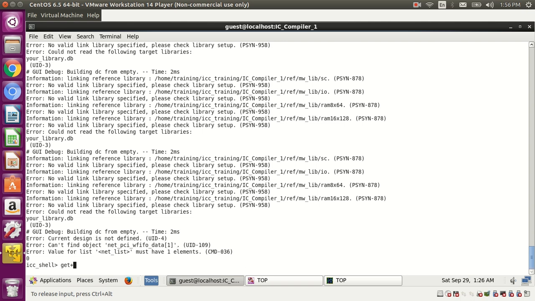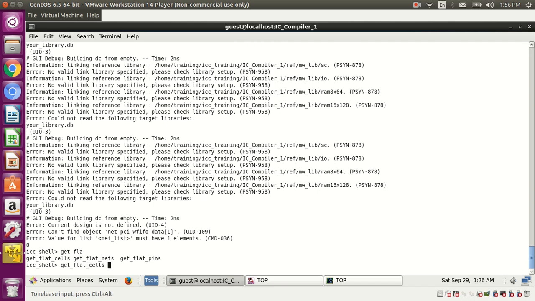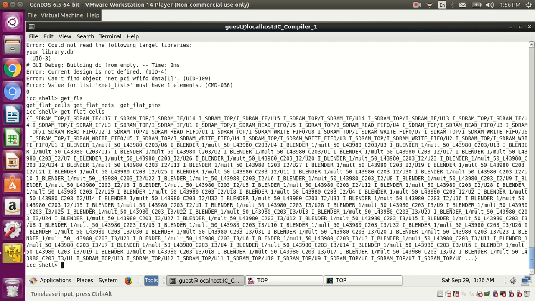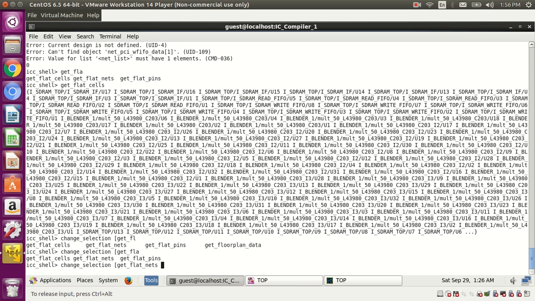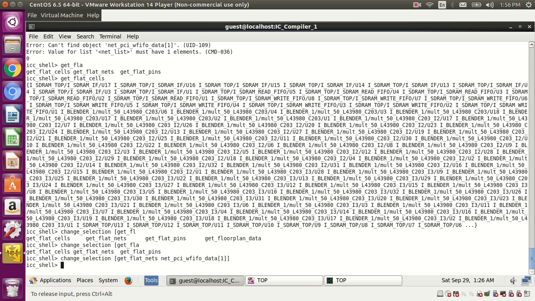Cells. Okay, somehow it is okay. I'll do change_selection, get_flat_nets, this net. So we'll go here. Control R for